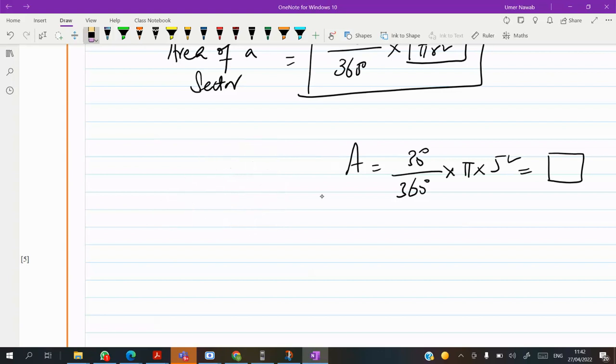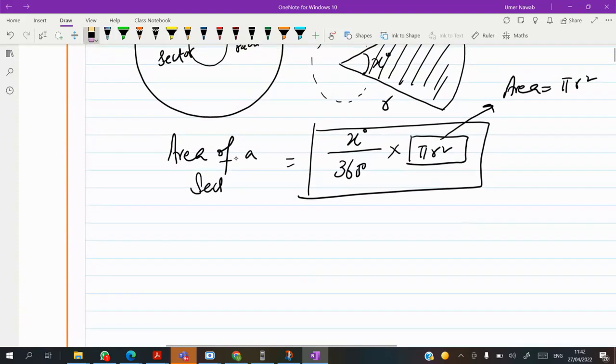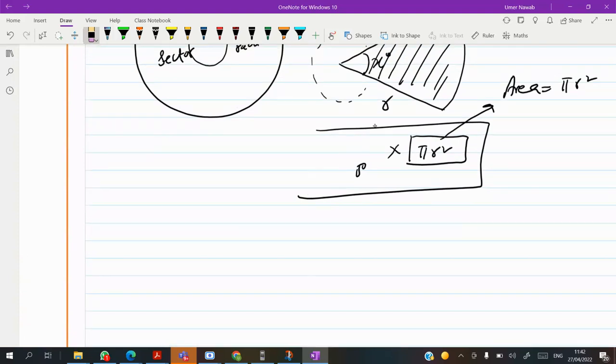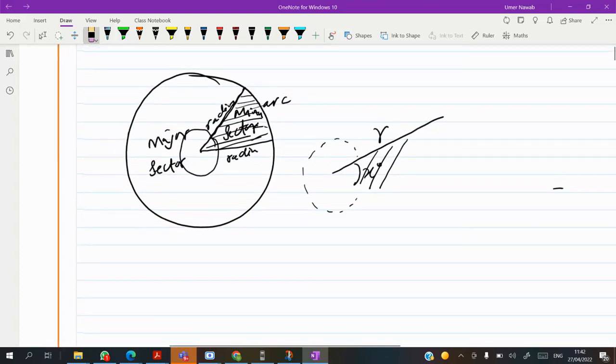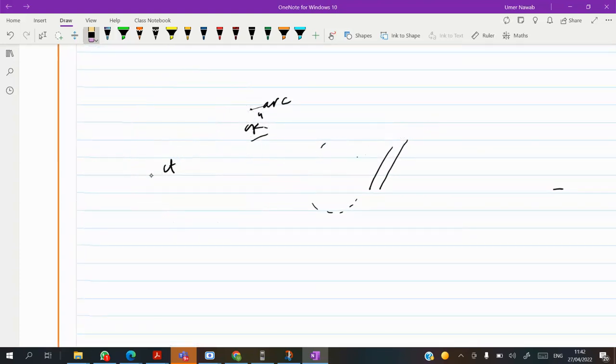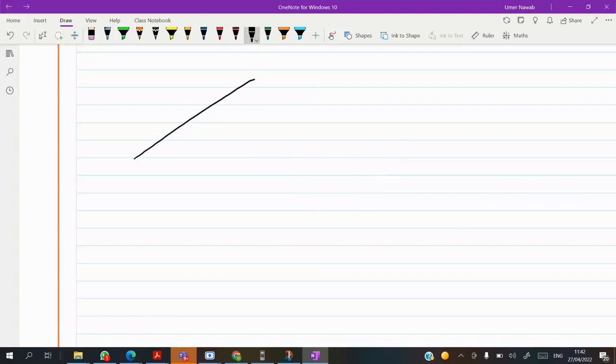Moreover, we also see that the area of a circle is pi r square, and the circumference of a circle is 2 pi r. One thing which I don't want to forget before I start with the questions: sometimes the examiner asks you for the perimeter of this shape. So the perimeter of this shape is made up of,